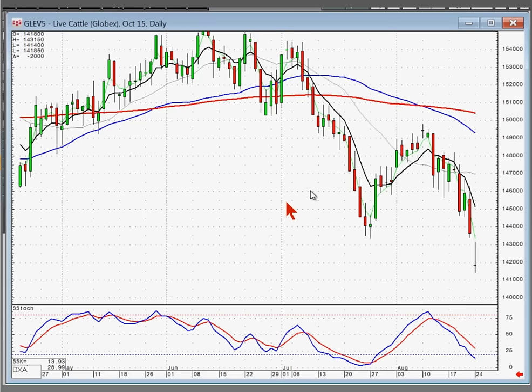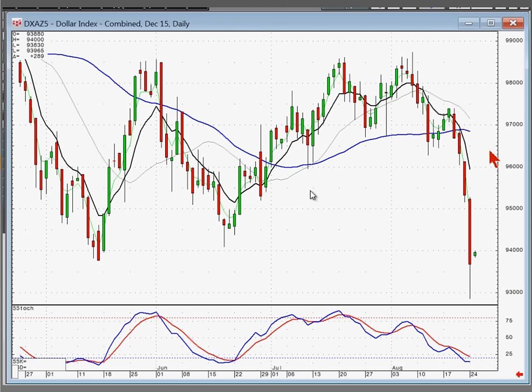Oh, what is this one? Z. The dollar, as you can see, when it started rolling over on that little bearish J-hook pattern, had a big down day. It's opened up a little bit positive right now, but I would still watch to see if they're still trading this lower, which meant the euro